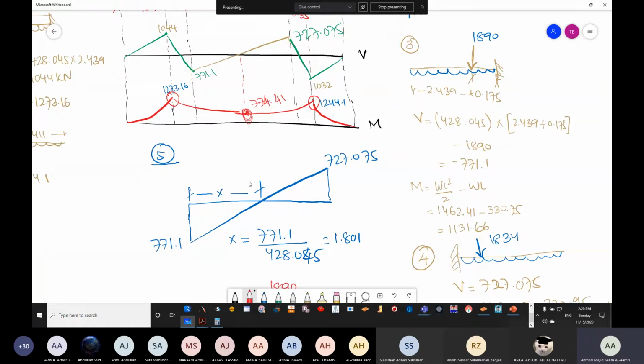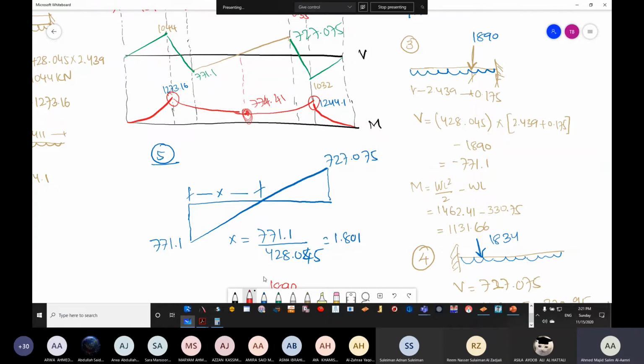I mean, how to find the x value? We can use a similar triangle method, or you can use it directly. The pressure: we know that the force here is 771, and we know the pressure is how much. The basic concept says that if we want to shift from a UDL to a point load, we multiply by a distance. If you want to do the opposite